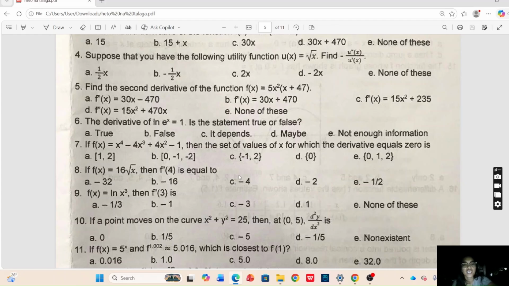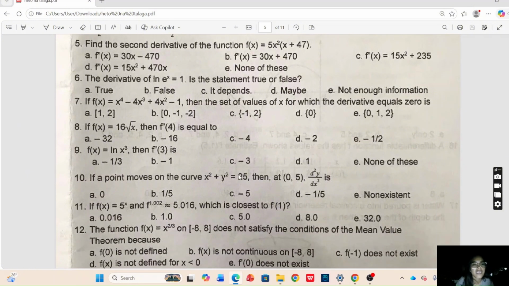So we first differentiate the square root function using exponent notation, and the first derivative becomes 1 over 2 square root x. Differentiating again gives the second derivative, which becomes negative 1 over 4x raised to 3 halves. When we divide the first derivative by the second derivative and simplify carefully, the negative sign cancels correctly, and the final simplified answer becomes 2x. Therefore, the correct answer is 2x. So we have our number 5.